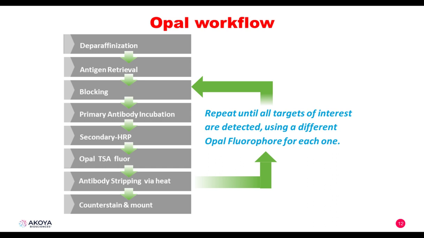You deparaffinize your slides, do your antigen retrieval, do your blocking step, add your primary antibody, add your secondary HRP. It's very important that it's labeled with horseradish peroxidase. And then you add your OPAL TSA fluorophore. At that point, the OPAL TSA fluor is covalently bound to the epitope, and now we can add heat to